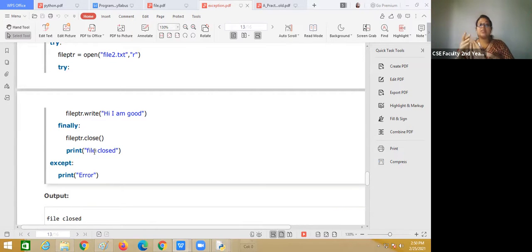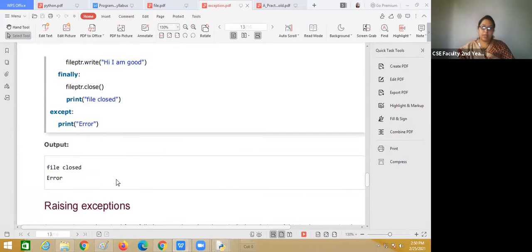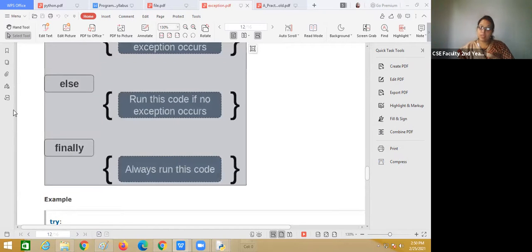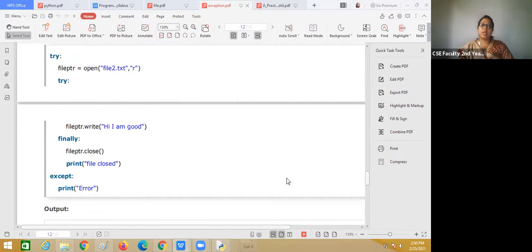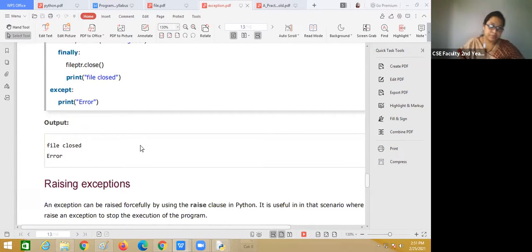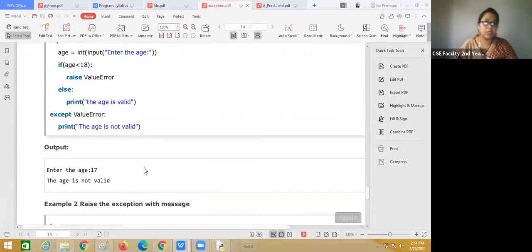That means release that resource. Otherwise, the processor will take more time to execute. So the finally block will always execute in your try and catch block, and it will release all the resources. Here in this example, the file has been closed, that means the resources are being released. So these are the exceptions.